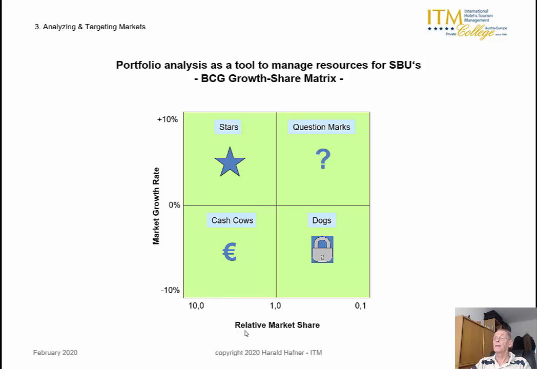On the second dimension, we have the relative market share, which I have already explained to you. And the relative market share is a measure for competitive ability. The competitive ability of a business could either be strong or it could be weak. So therefore, here we combine external factors such as the opportunities with internal factors such as the company's strengths and